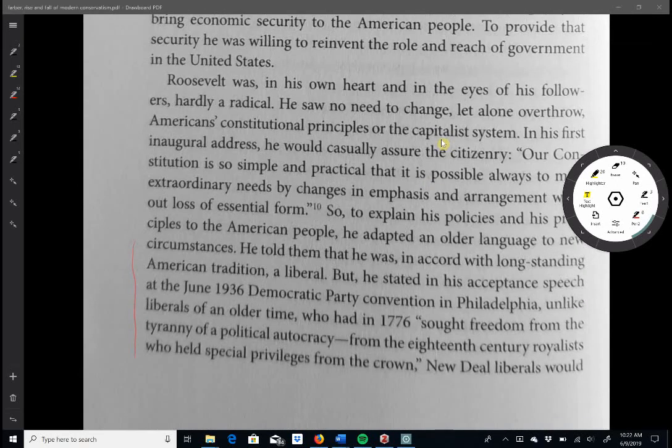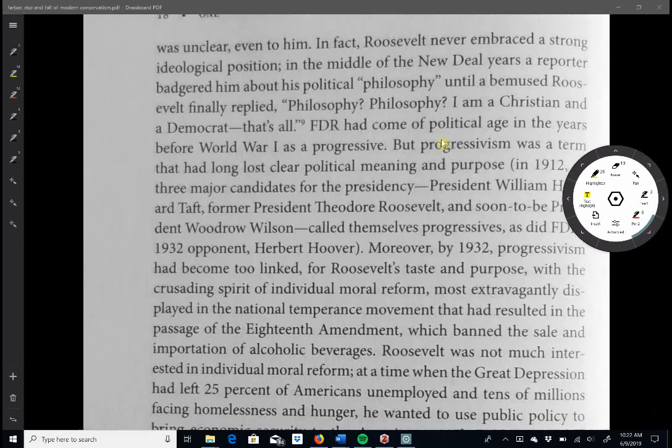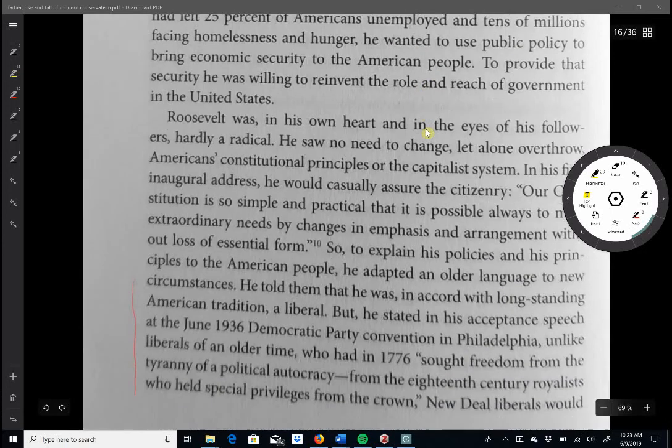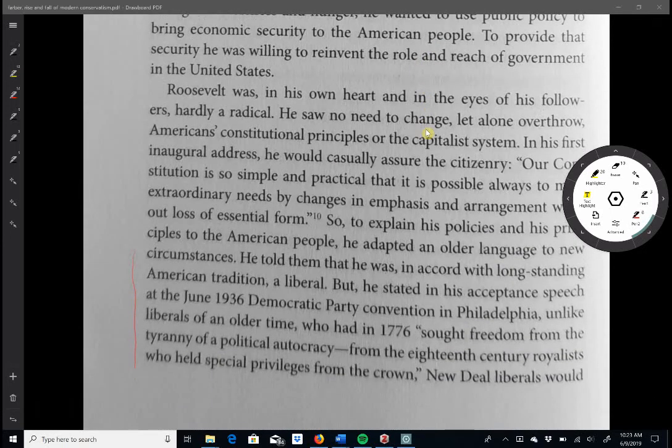And so in the PDF, it's on page 16. But if you're looking at the actual page number in the book that we're reading from, it's page 18. And so it starts at the bottom where Franklin Roosevelt's giving his acceptance speech in June 1936 at the Democratic Convention. And in that speech, he completely changes the meaning of the word liberal. And it's in reaction to that that Farber explains that the word conservatism comes into popular meaning.